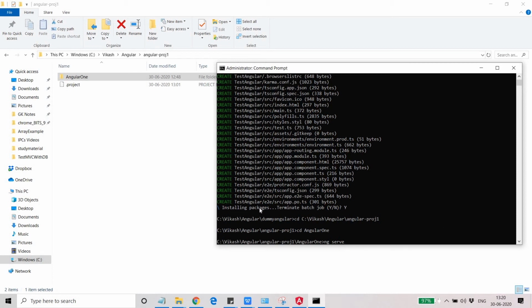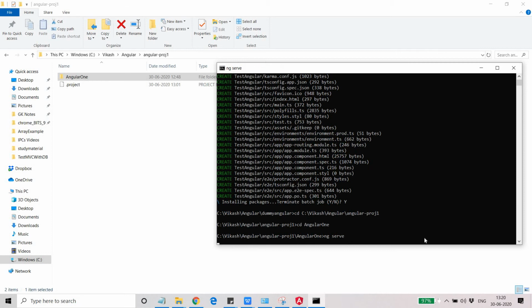Basically, once all the packages are installed, it will be ready for compilation, right? So if it is ready for compilation, you need to run this command ng serve. When you run this command ng serve, then it will start compilation of your project. Very soon it will start showing you the compilation process.